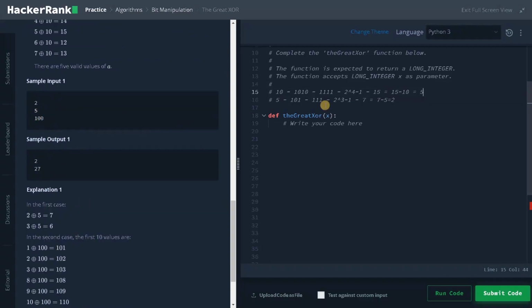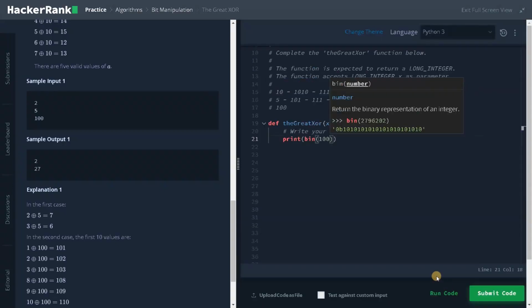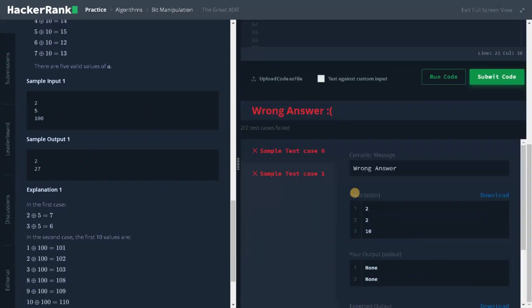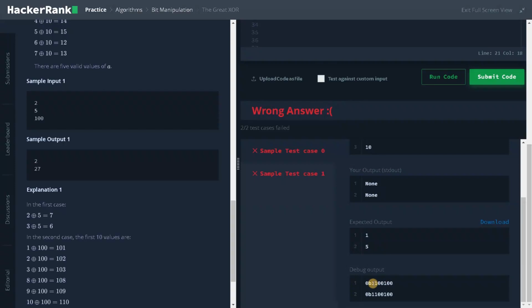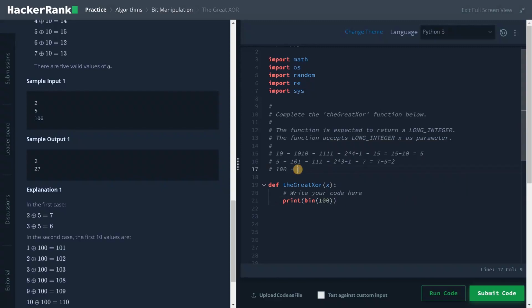And here we have 100. So for 100, I really don't know what the binary value is. I'll just print the binary of 100. It's easy in that way. So this is the binary value of 100. So how many bits are we having?